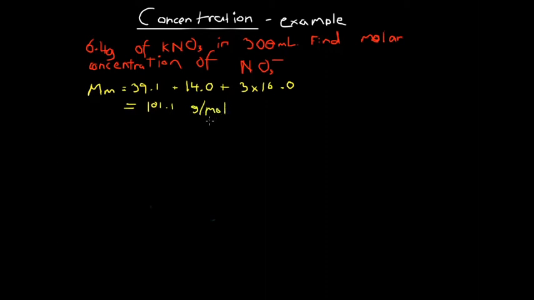The units are essential, just so that you can keep track of what you're doing and what all the units mean. It's a very good way to help understand what's happening. So that's the first step, we found the molar mass. Then we know that we've got two methods by which we can find the molar concentration. Here we're going to use the more straightforward one. We're going to find first the number of mole